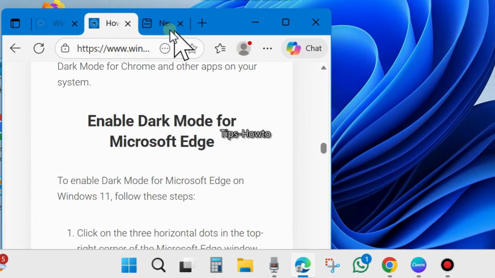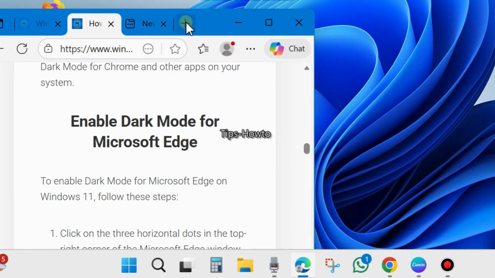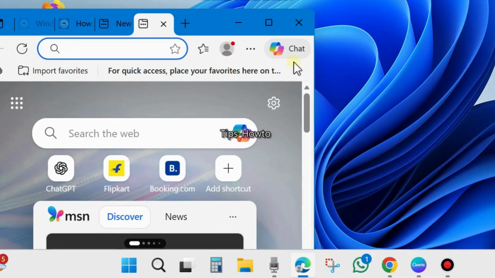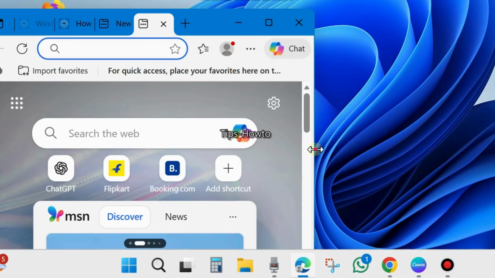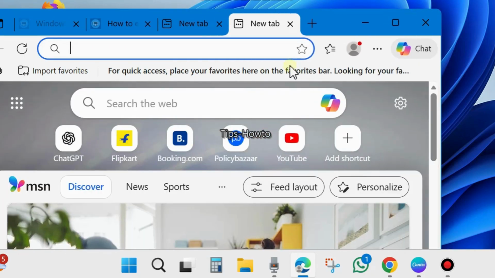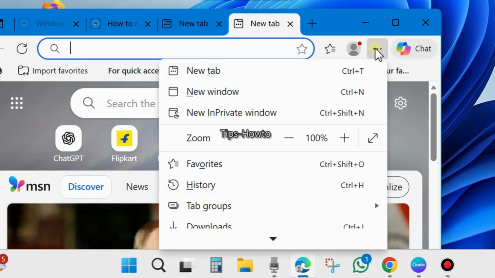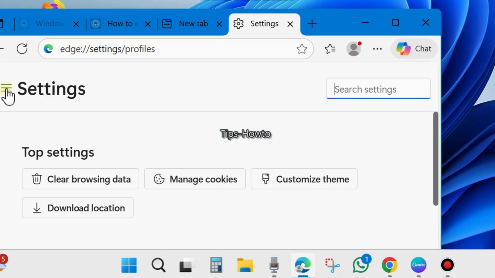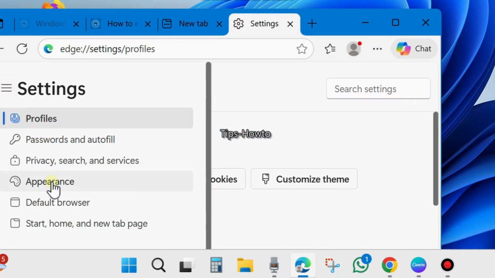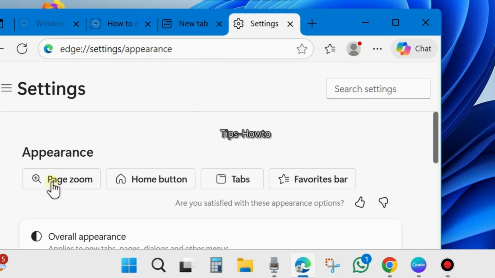Here, from the top right corner you will find three horizontal dots. Click on it and go to settings. Click on settings. Thereafter, click on the three horizontal lines at the top left corner and here you will find the option